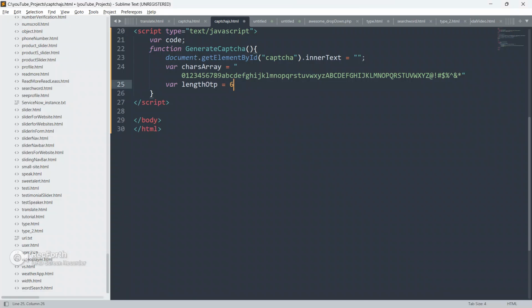This time we got 5 characters: 1, 2, 3, 4, 5. So it is very dynamic and functional. You might get 4, 5 or 6 characters, but you won't get more than 6 at all. That's why I have given the OTP length as 6.